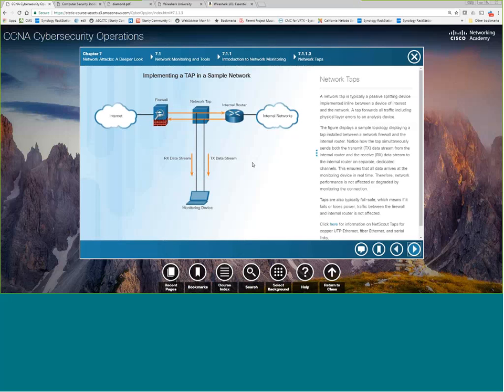If you put it just on the edge, there's issues there because you're only going to see traffic coming into and out of your network, and you won't see traffic that is between your devices internally. You won't see, especially in the switch network, we'll talk about spanning, how it spans, but you may actually have to get a network tap that acts like pretty much a